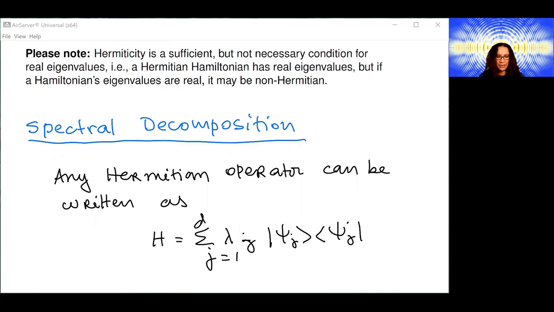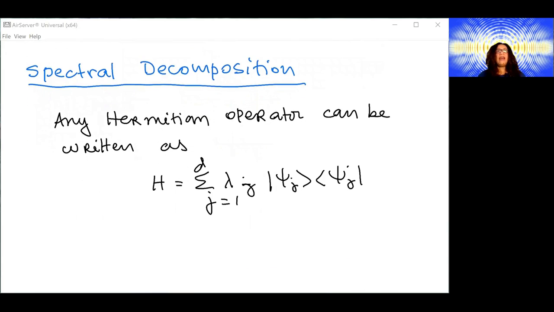So what you have here is an equation where you are pretty much stating that these Hamiltonians can be diagonalized, and this is going to be associated with the possible values of a measurement. So lambda j, in fact, are the eigenvalues of H